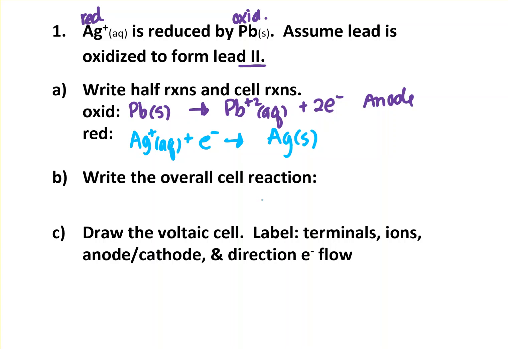To get the overall reaction, I have to balance those with each other. In other words, I need to make sure that the number of electrons being transferred is the same. And here, lead is giving up 2, and the silver is only accepting 1. So to balance the electrons, I need to multiply this one times 2. So my overall cell reaction